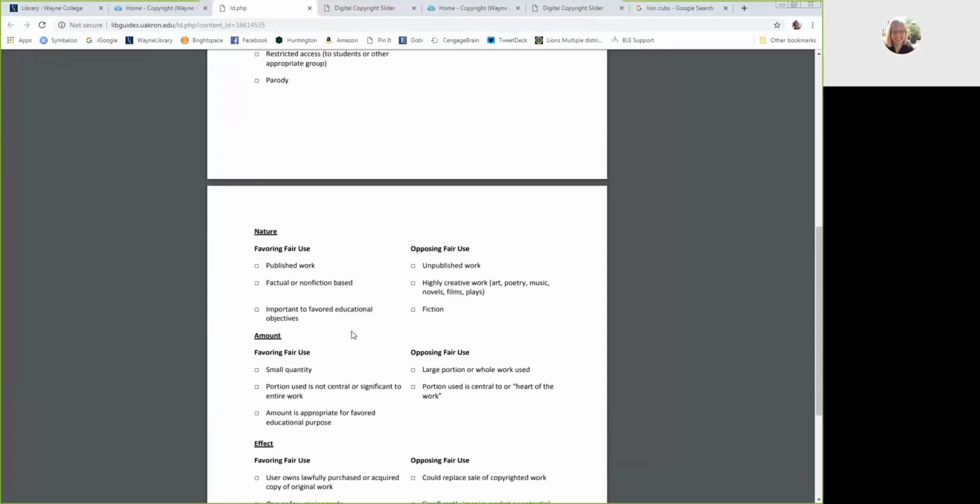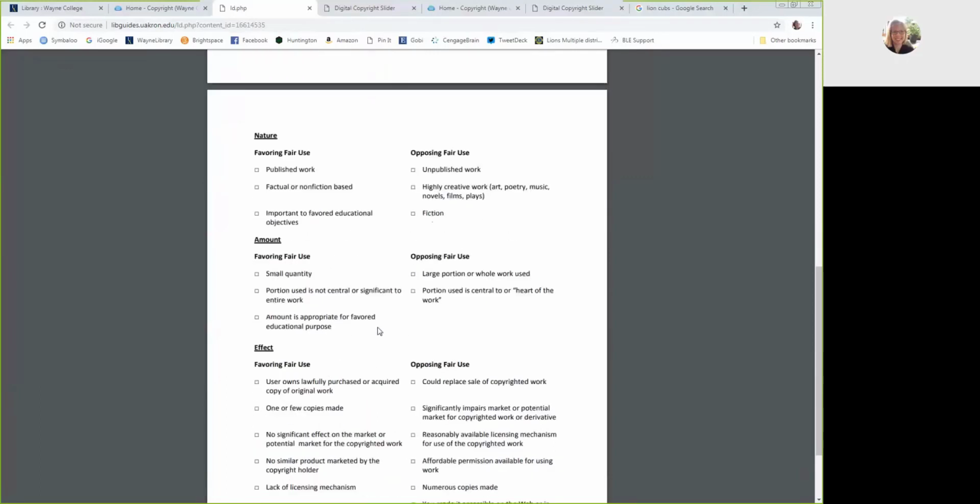When you're looking at the nature, is it published? Is it factual or nonfiction? Is it really important to your educational objectives? This is important in the classroom, like it's really tied to one of your student learning outcomes. Those tend to favor fair use. But if it's from an unpublished work, or perhaps a highly creative work, like I mentioned, art or poetry or fiction, then it tends to oppose fair use.